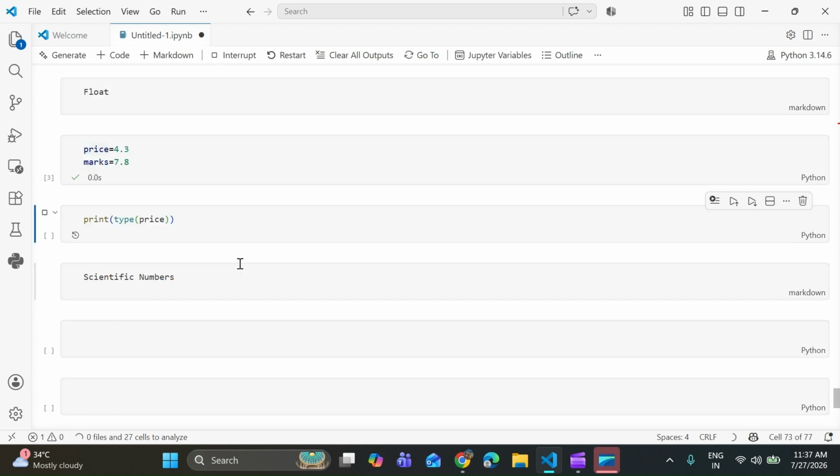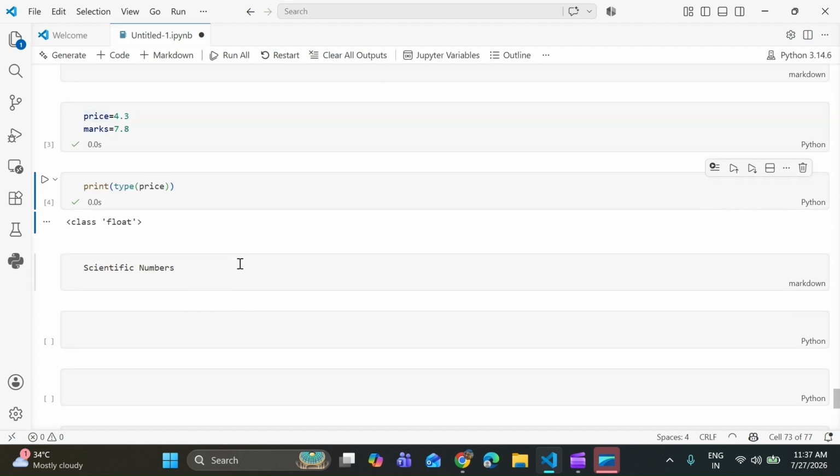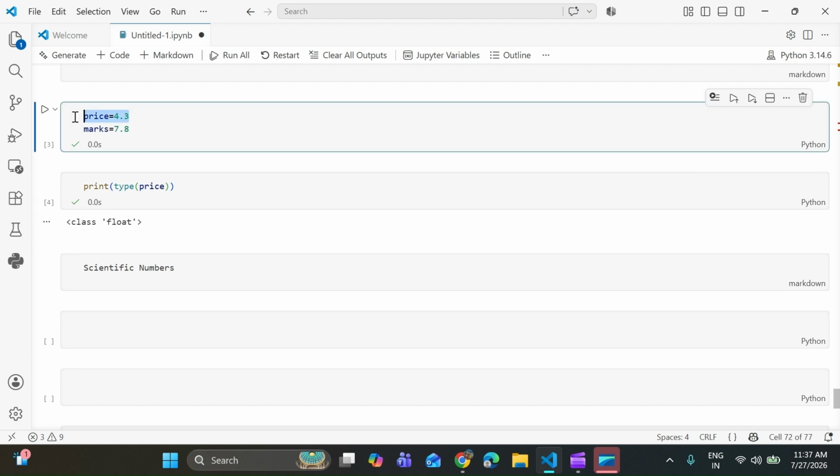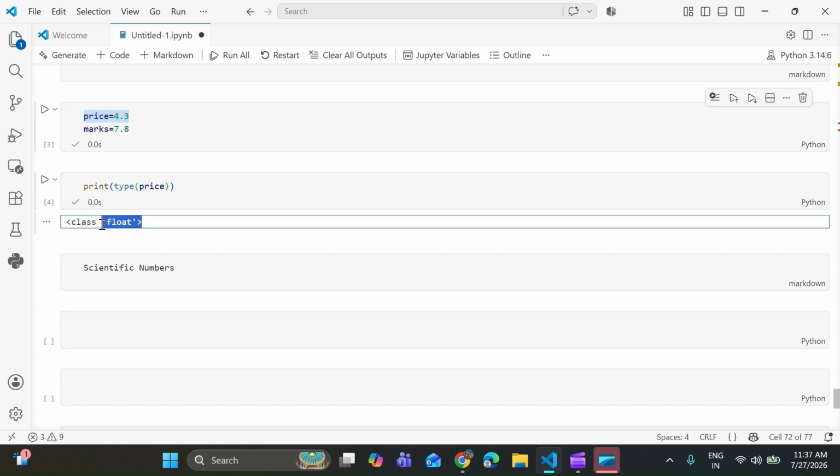So here you are able to see the float data type. The representation of float data type is decimal points only. Okay, here I already showed you the type of price value. It's float. So decimal values are stored as a float in Python.